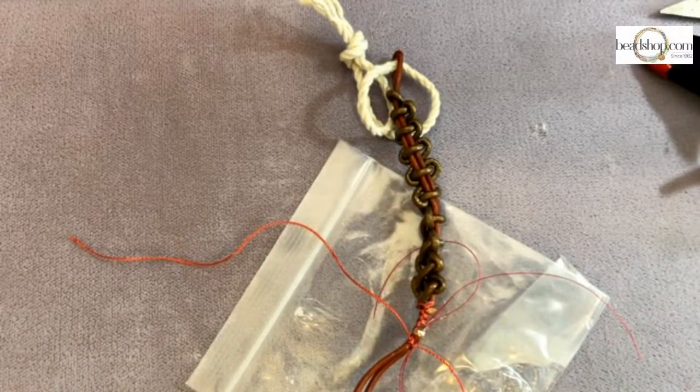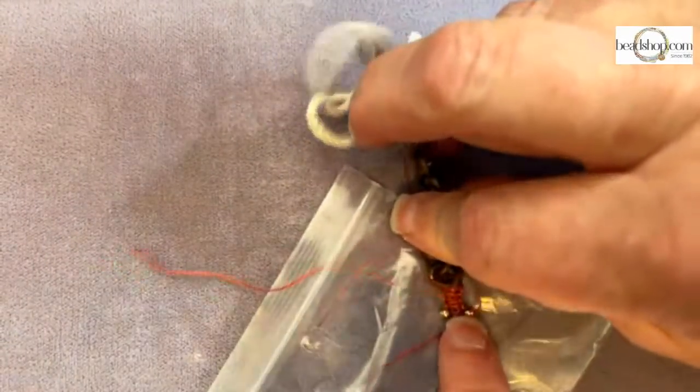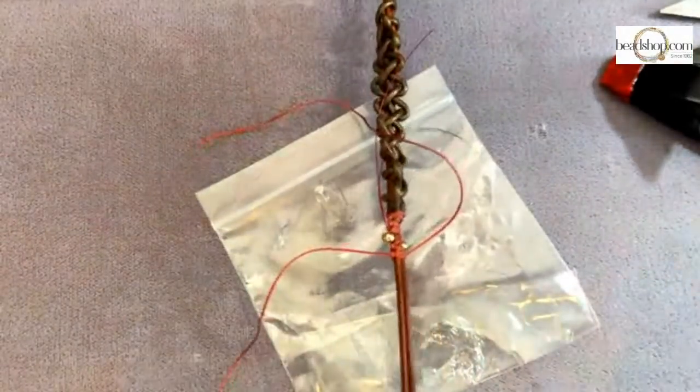I'm going to get the lid back on the KO here. Bear with me. There we go. And I'm going to pull this through, but not all the way through. I'm still going to have some tail left there. Let's connect this back. And I'm going to continue to do a little bit of macrame so I capture